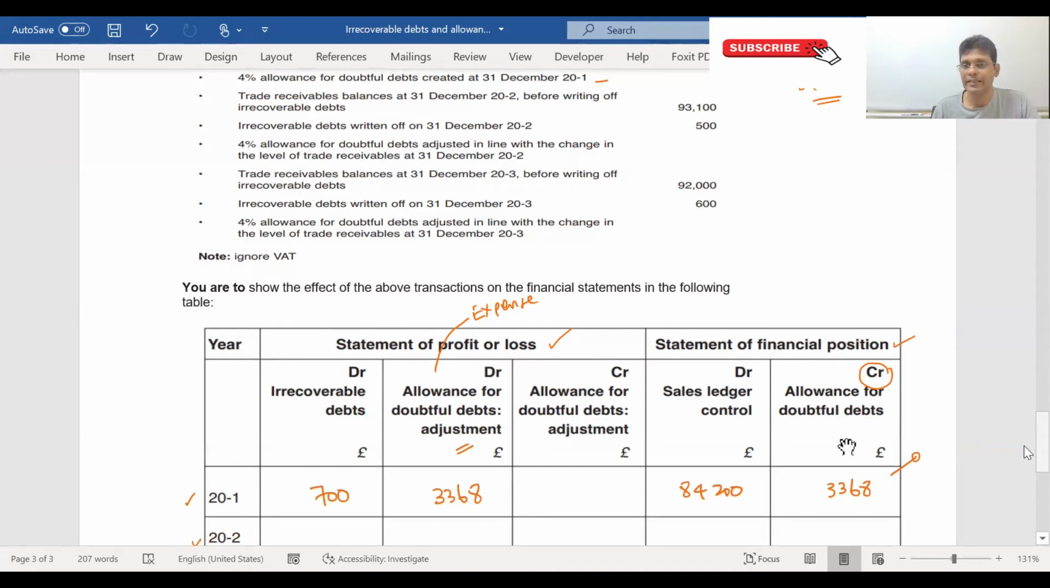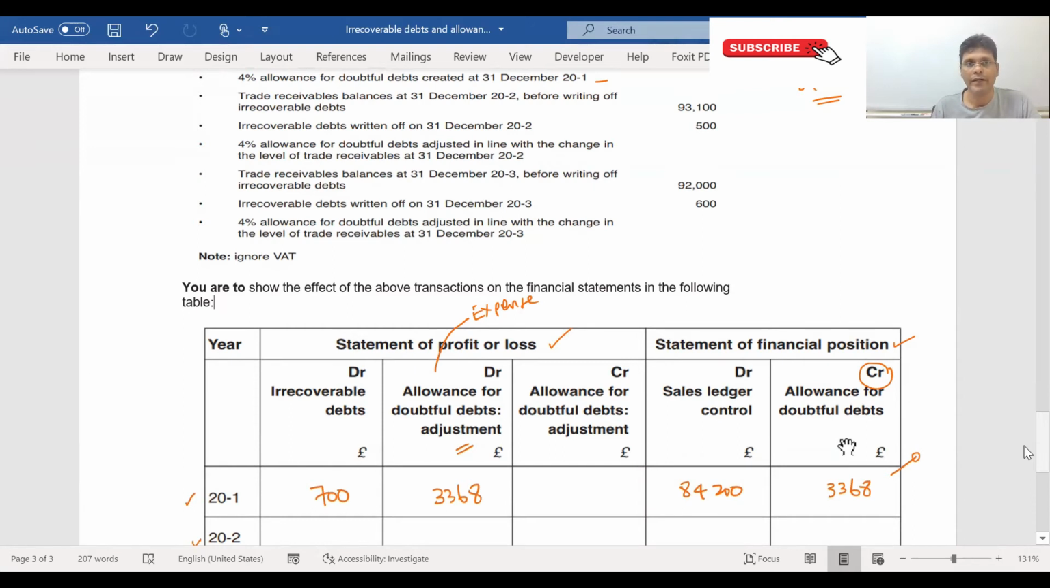Okay, so there is a contingency. We have a doubt against this amount. We may or may not receive this amount. So therefore we have to credit an account called allowance for doubtful debts account. Okay, now let's move on to the